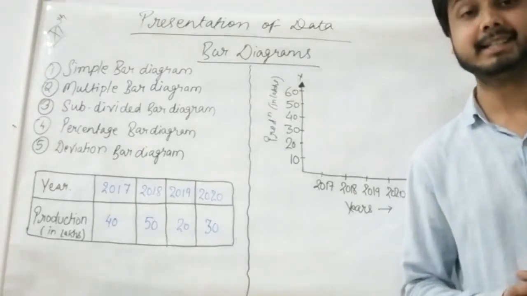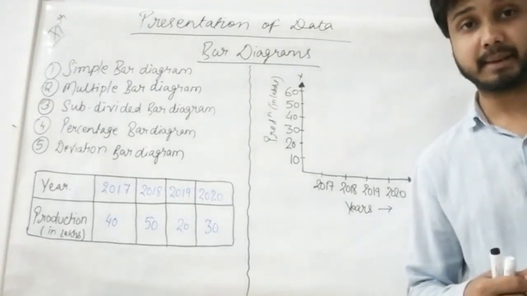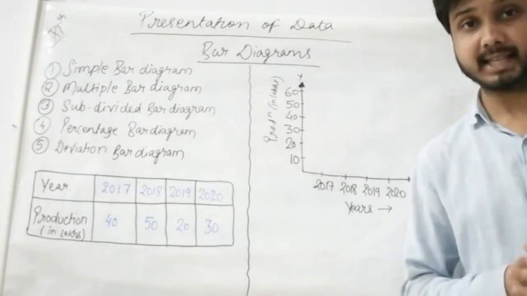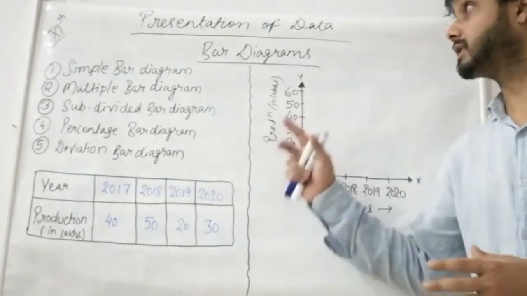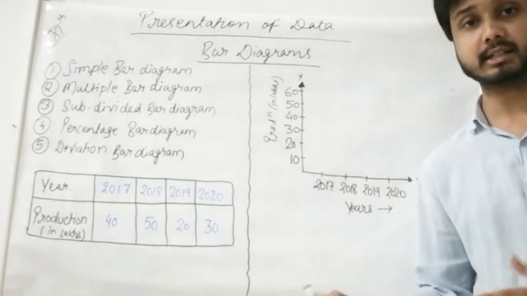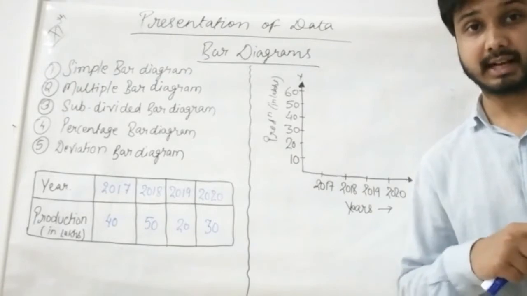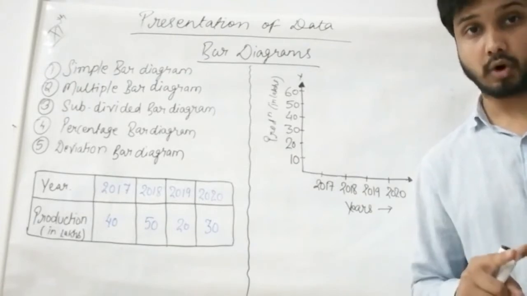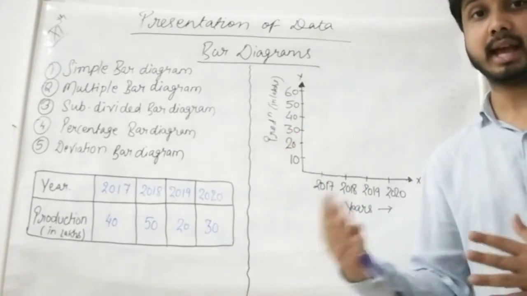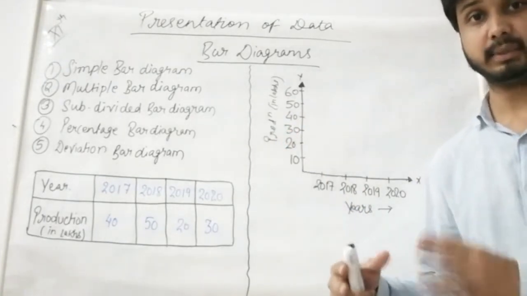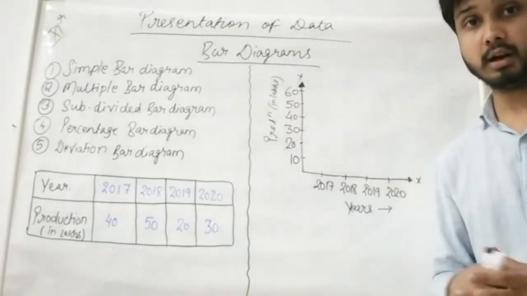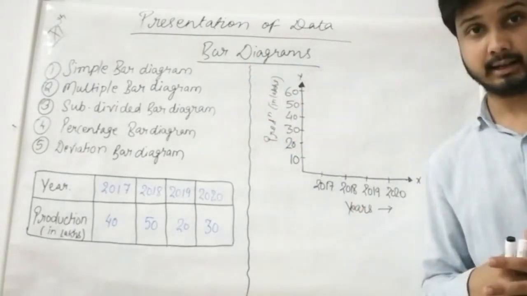Hello students, in statistics we have covered the chapters of introduction, collection of data and organization of data. Now we will see the presentation of data. Remembering the stages of statistics, we see that first the data is collected, then it is organized, then it will be presented, then it will be analyzed and at last it will be interpreted. So we are in the stage of presentation of data, how data is presented.